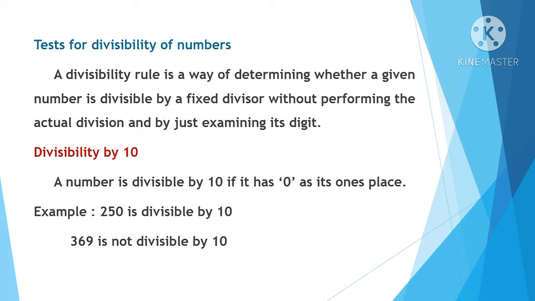If I give you a number 20 and ask you to check whether 20 is divisible by 2, what will you do? You will take a piece of paper, write 20 divided by 2, say the table and divide and see. And when you get the remainder 0, you will say yes ma'am, 20 is divisible by 2. So you don't want to do that division.